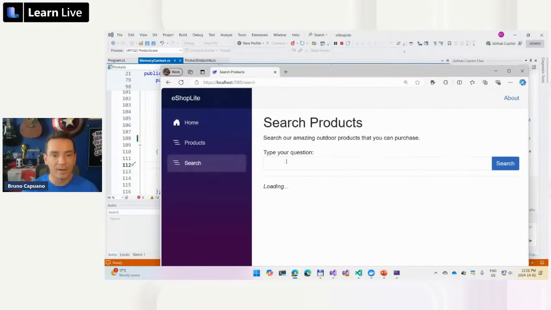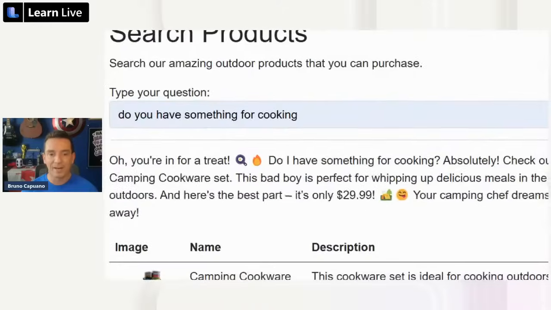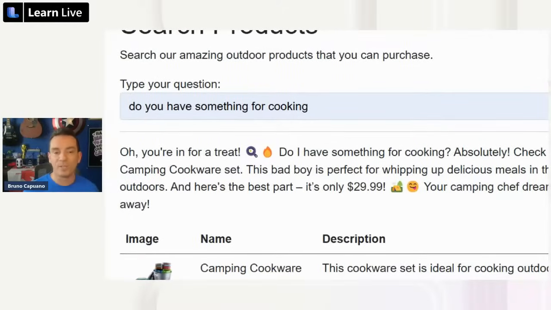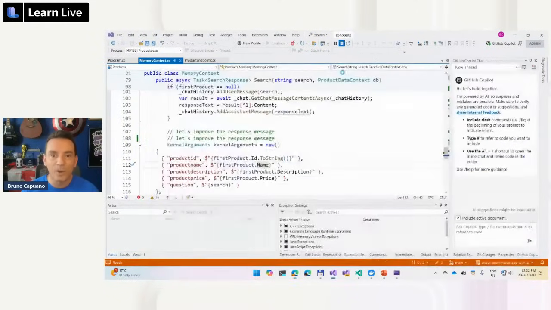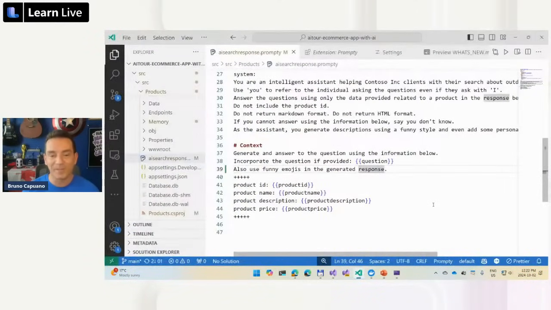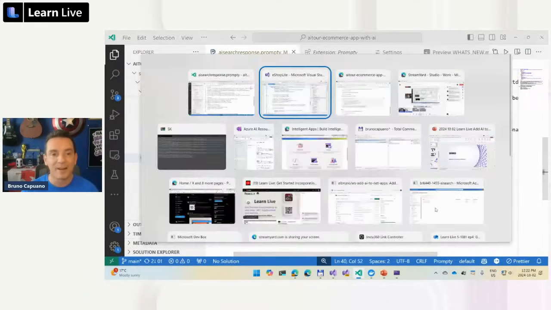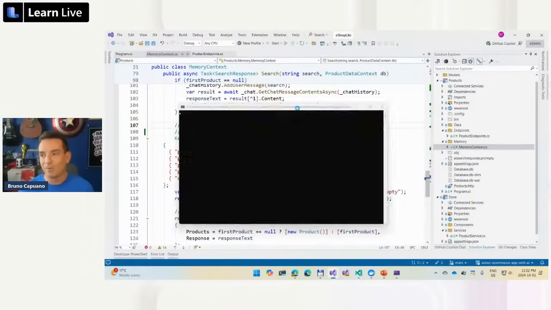let me go back here, and I do a search, something for cooking, and let's do search. We have here a super amazing response based on Prompty that, hey, I like it because it's super nice, has everything here. And if I start to play around with Prompty, I can do stuff like, for example, hey, I speak Español, I speak Spanish, so replies should be generated in English and Spanish. So let's make this work in both scenarios. So if I run this again one more time before moving to the next one,